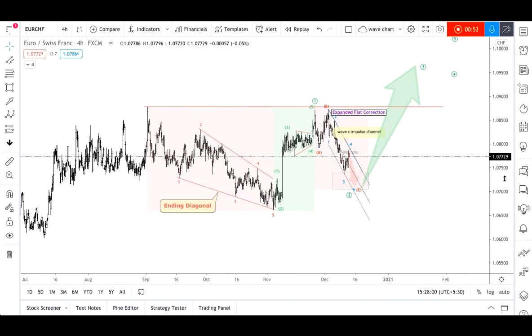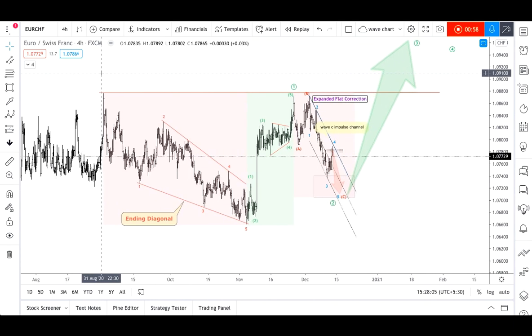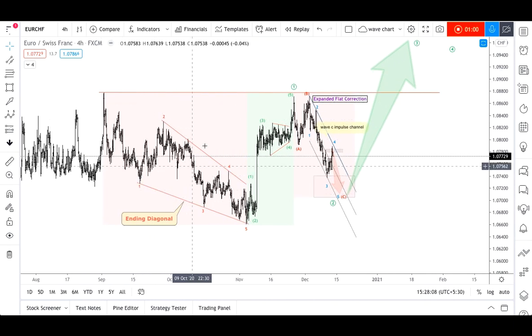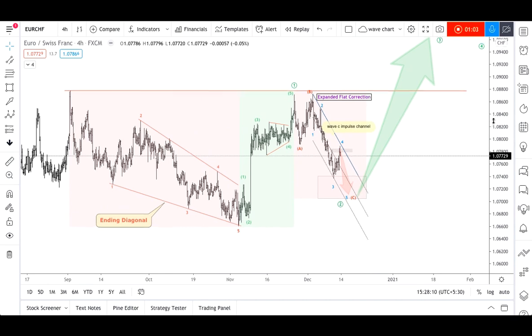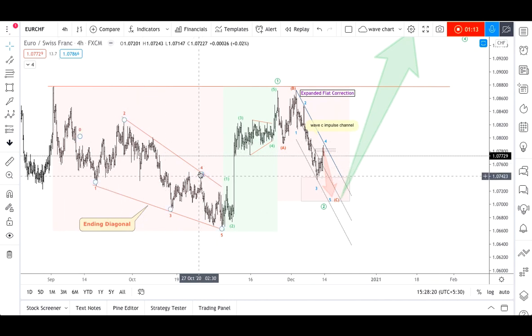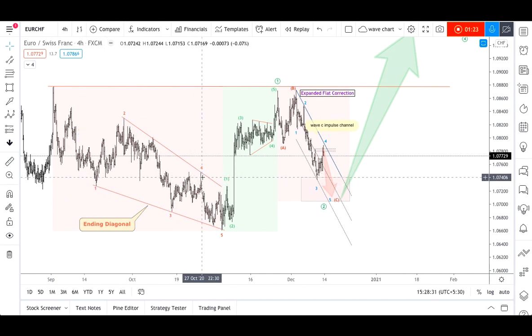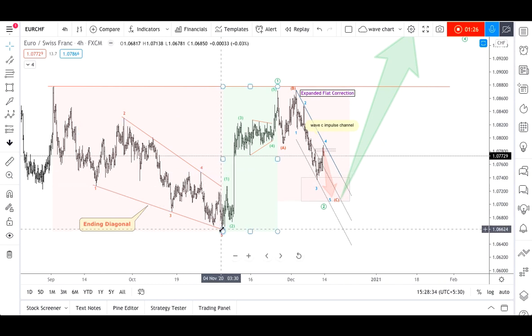If we talk about from this high, we can clearly see that this is also a formation of an ending diagonal pattern. What is an ending diagonal? It is a kind of motive wave, and it ends a correction or a previous trend. The specialty of an ending diagonal is that wave 4 can enter into the territory of wave 1. So this was wave 1, this was wave 2, this is wave 3, and wave 4 went up into the territory of wave 1 here. After that it gave a downside movement, completing its fifth wave of the ending diagonal.